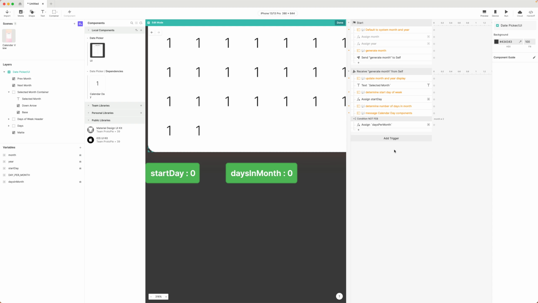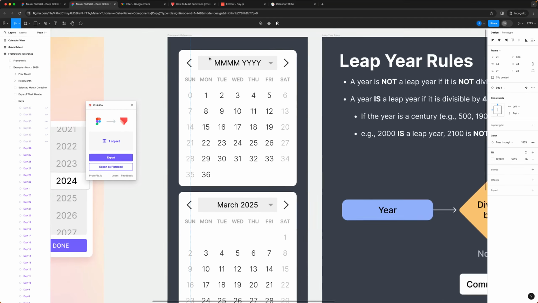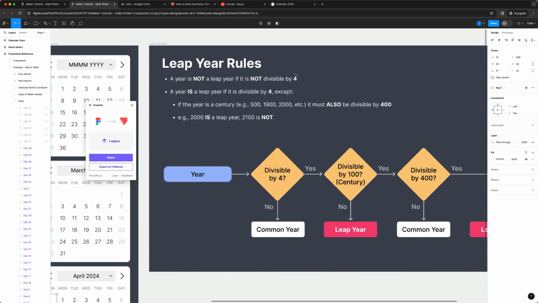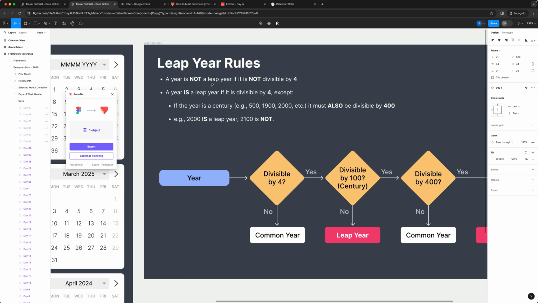Now I need to deal with February. This is where our Figma design is going to help us. So if we zoom out over here, these are our rules for whether a month is a leap year. A year is not a leap year if it is not divisible by 4. So that's the easy one, right? We take a number, try to divide it by 4, it doesn't divide evenly, then it's not a leap year, 28